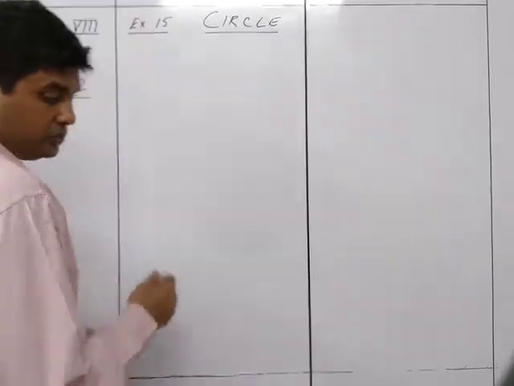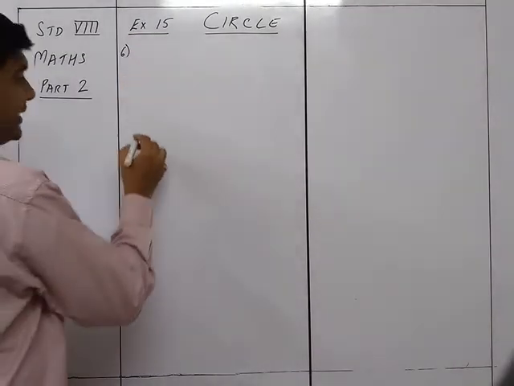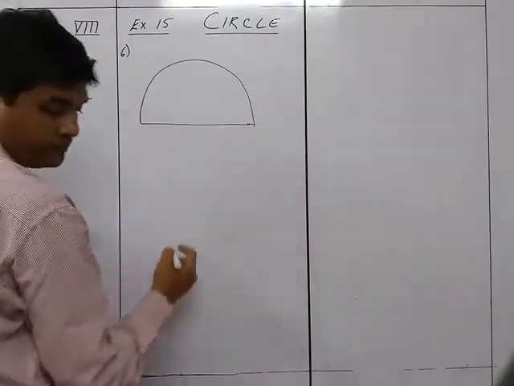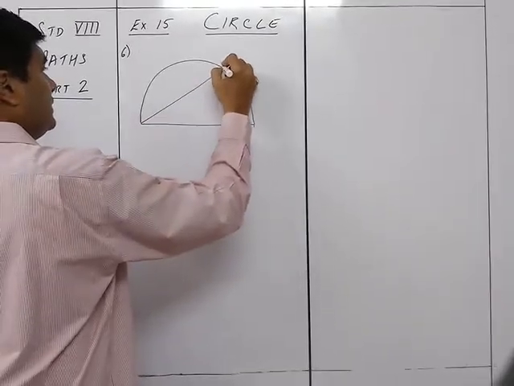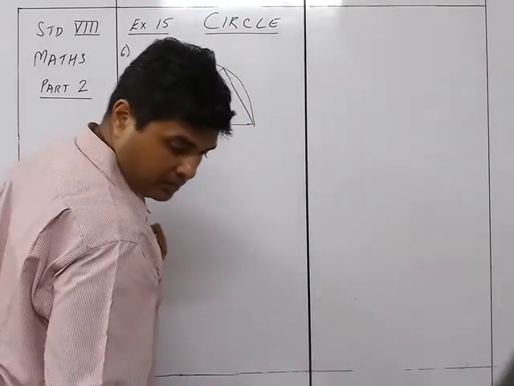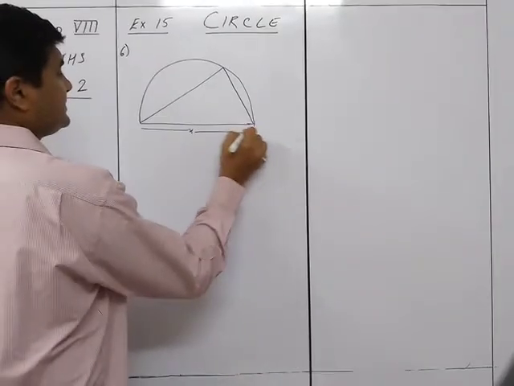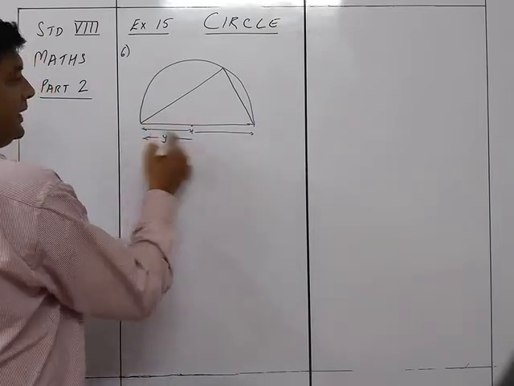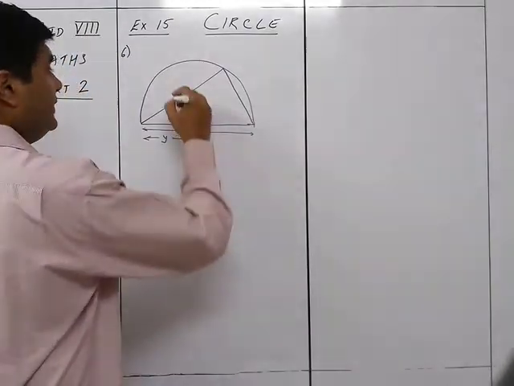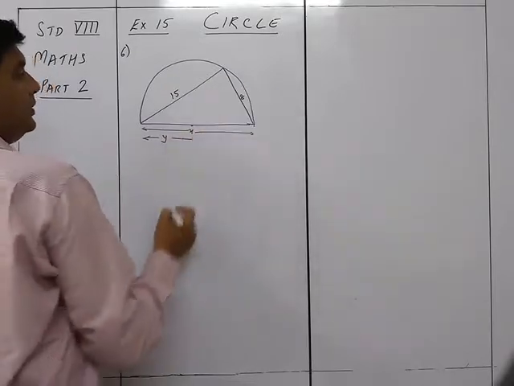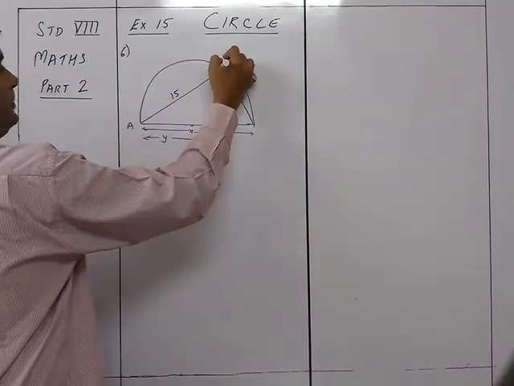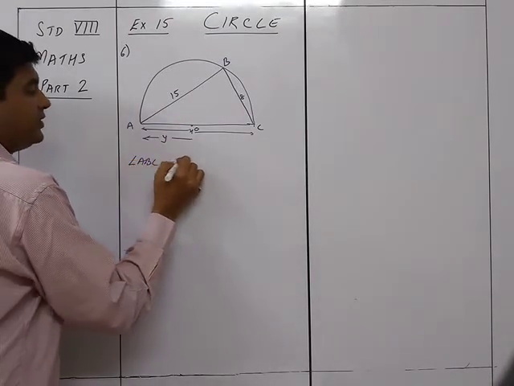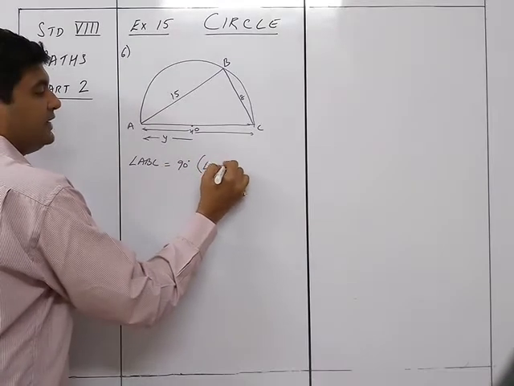Okay. So question number 6, the first sum, they are given a semicircle and they are given this like this. They are given that this is x and from here to here is y. So the radius is y and the diameter is x, which you need to find out. If this is 15 and this is 8. So we know that if this is A, B and C and this is point O, we know that angle ABC is equal to 90 degrees, angle in a semicircle.